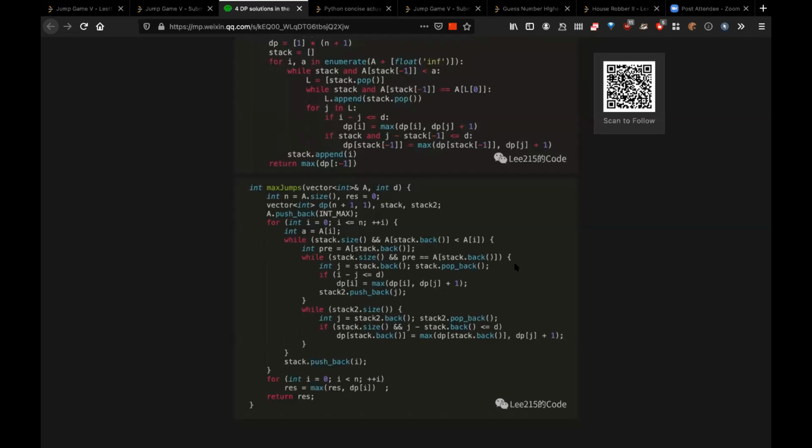And therefore you are going in this while loop again, so you will have some j values, and now you take each one value from that j, and again you try to do jumps across. So if you look at the if stack size and j minus stack dot back is less than or equal to d, that means he is looking at each and every value from that stack 2 that is d distance apart, and then he's trying to update the DP array based on it. Okay.